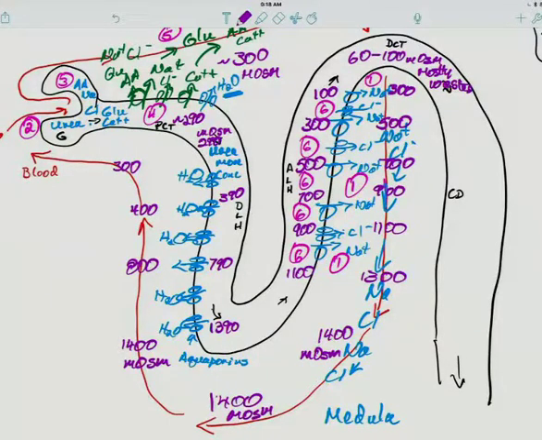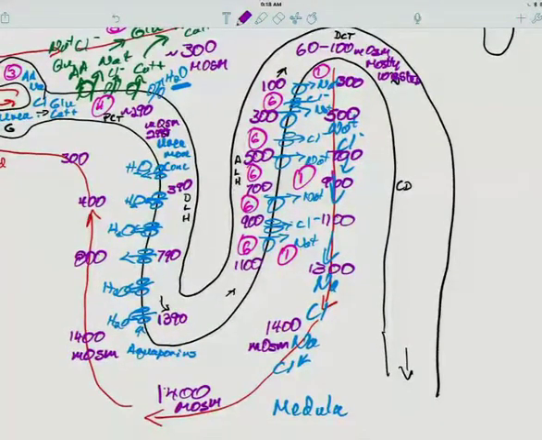In the distal convoluted tubules, there are some wastes that get added. Okay, that actively get added. And now, in the collecting duct, this is the payoff for mammals. Has ADH been secreted? Antidiuretic hormone. A diuretic makes you pee. An antidiuretic makes you retain water. Okay, so antidiuretic hormone, if it's present,